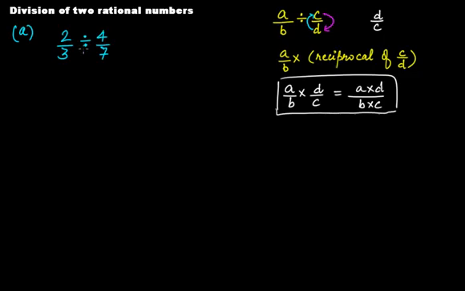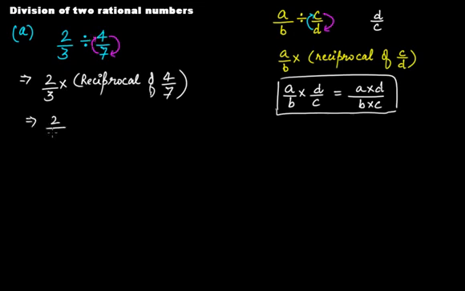Now, same thing here. This becomes 2 over 3 times the reciprocal of 4 over 7. So reciprocal of 4 over 7 means what? 4 will go at the place of 7, that is, numerator becomes denominator and denominator becomes numerator. So this gives you 2 over 3 times 7 over 4. If you solve it, it comes 14 over